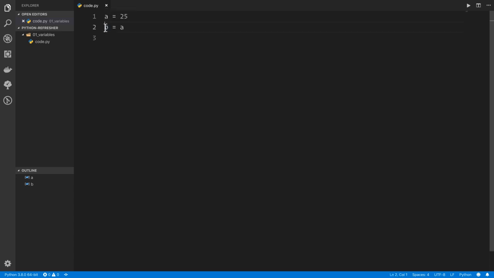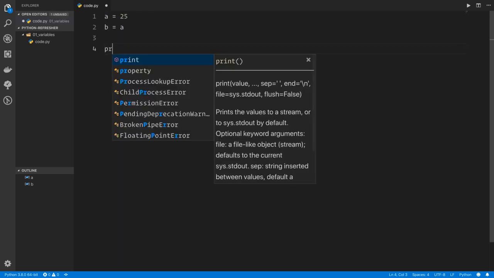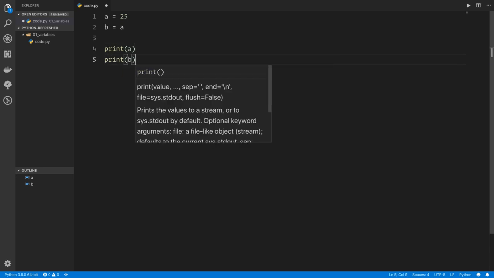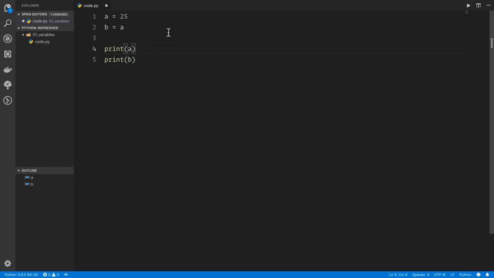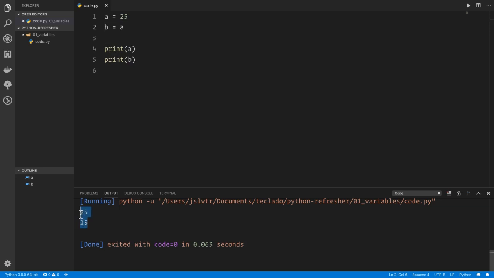So what happens when b equals a? Well, Python is going to evaluate a, and it's going to say, okay, a is a name for 25, so we're going to use 25 here instead. So this means the same thing as this. And then b is now a name for a, which really means that b is a name for 25. So now both a and b are names for the number 25. So you can verify that that's correct by printing them both out. So I'm going to print a and then print b, and you'll see that we get 25 and then 25,